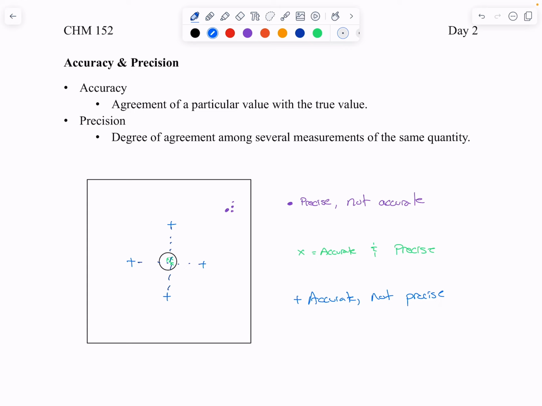A lot of times in chemistry, we're measuring very small amounts of very small items, and so sometimes with accuracy and precision, when we try to get really, really precise, our accuracy bubble gets bigger. All right. So that's accuracy, that's precision. Hopefully that makes sense.